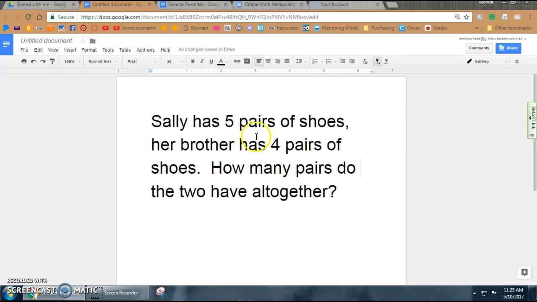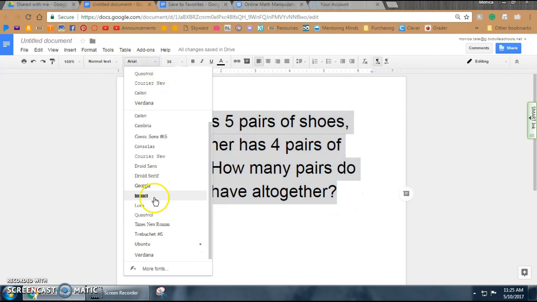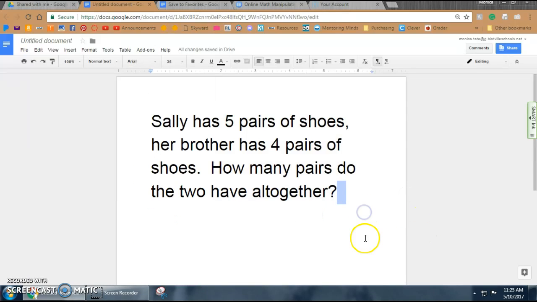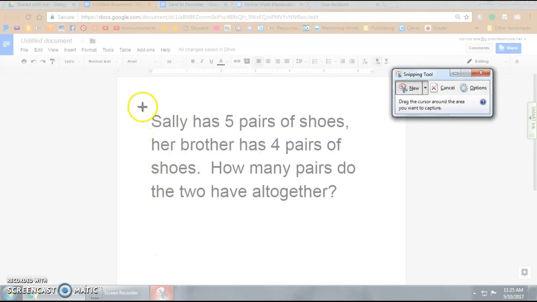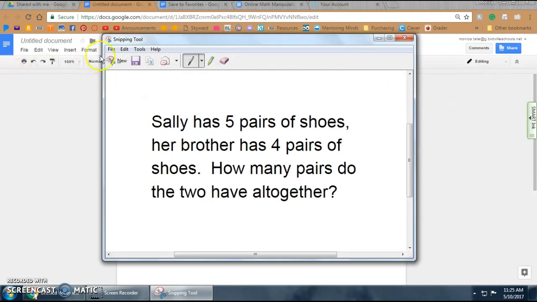From here, I'm going to take a picture of just this. I'm going to leave the font the same because this font is easy to read. You could choose to change the font, but you want it to be something that's easy to read. So from here, I'm going to go back down here and click on the snip icon, and then take a picture of it and save it in the same